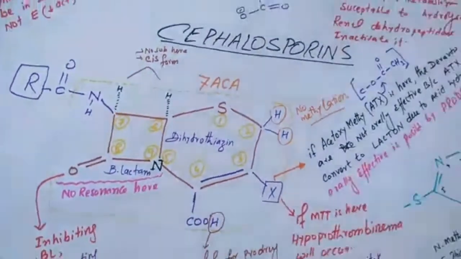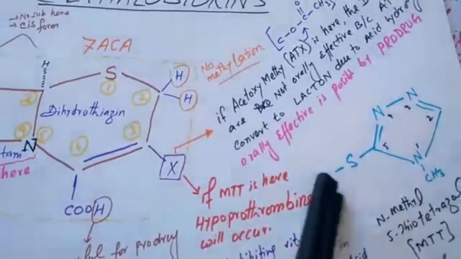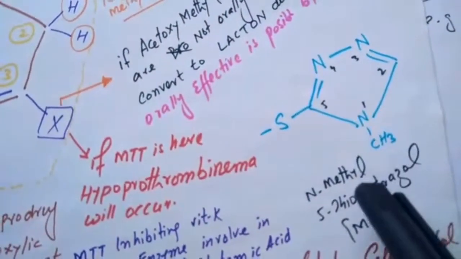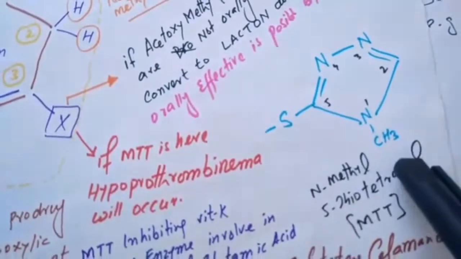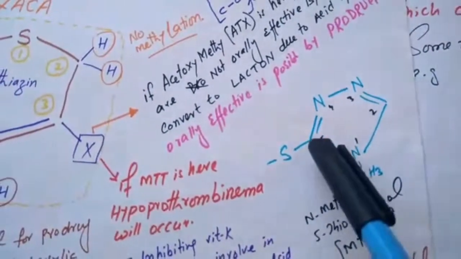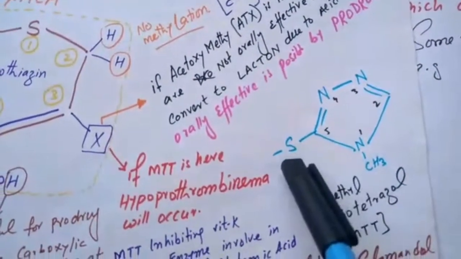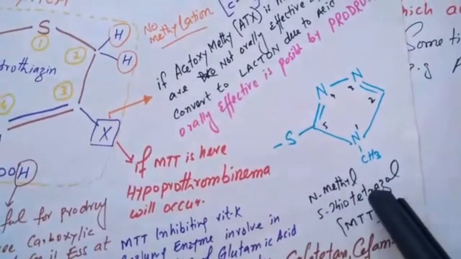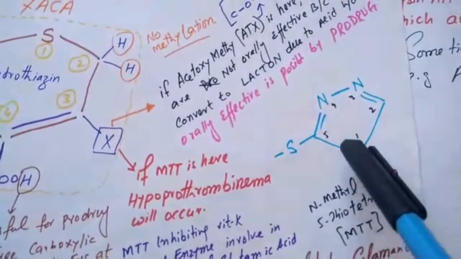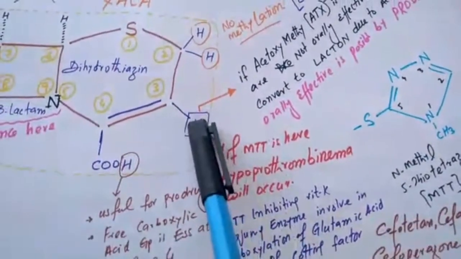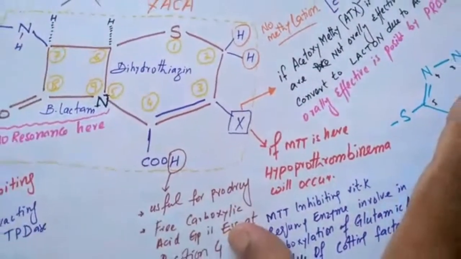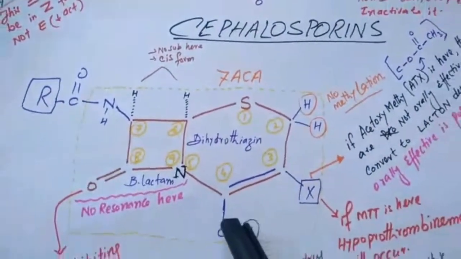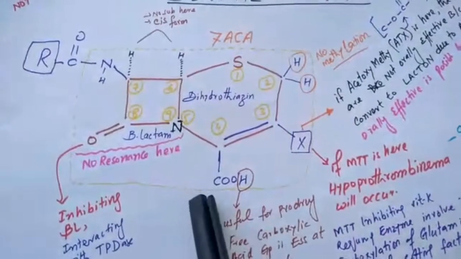If this position number 3 is occupied by this special group, N-methyl, with a thio group at position 5, so N-methyl-5-thiatetrazole, this is known as MTT. If this MTT is here, then all the MTT cephalosporins cause